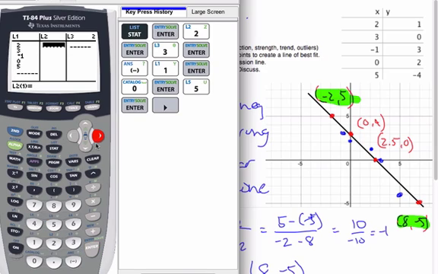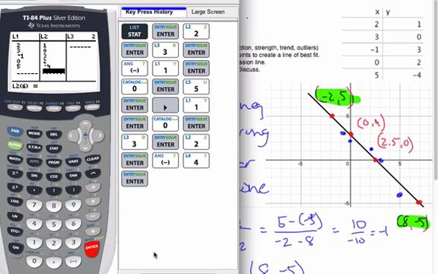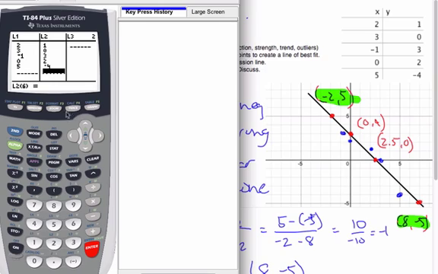Okay, and then list 2 is going to be y, so we've got 1, 0, 3, 2, and negative 4. Okay, great. Let's clear the history so you can see what I do next. Okay, so now what I'm going to do at this point is I'm going to go to my second y